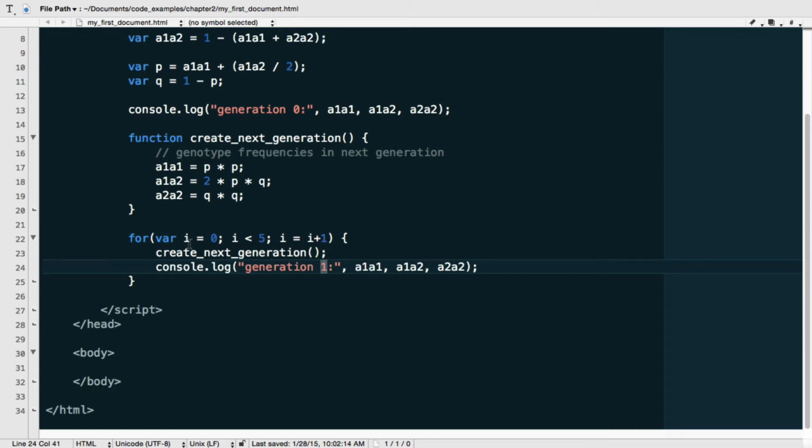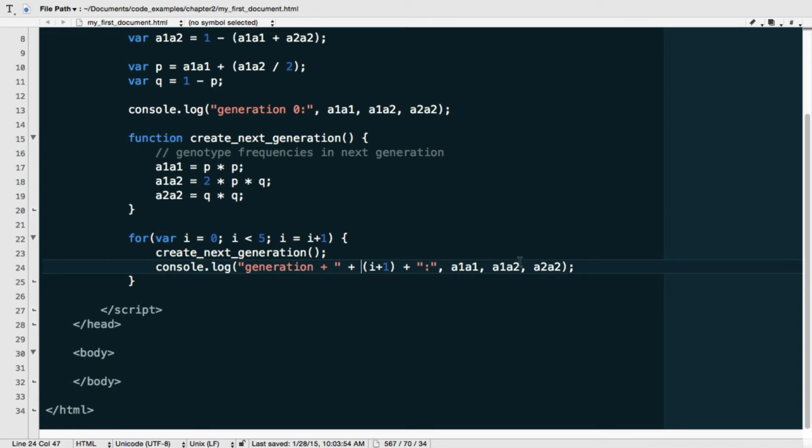Keep in mind, we have this counter variable here, I, that starts at 0 and ends at 4. So what we want is basically to print that variable, except we would like it to be 1 larger. So I'm going to say here I plus 1. And then using string concatenation, I'm just going to add those strings together. So this will now say generation, whatever the value is in I plus 1, okay? Then the colon, and then these values here.